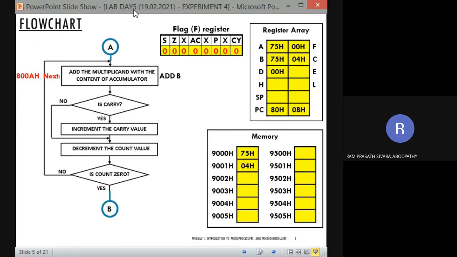Whether we got carry during this addition operation, check the flag. No. So if there is no carry, where should the next instruction go? It has to skip that. So JNC skip, like that we are mentioning. JNC skip. If there is no carry, where should it go? It has to decrement the count value. Correct? Fine. So the next instruction must be